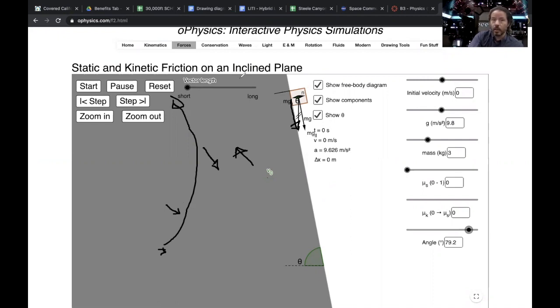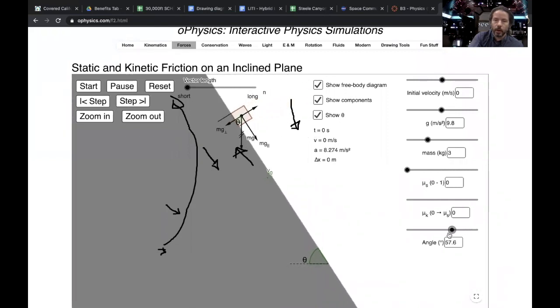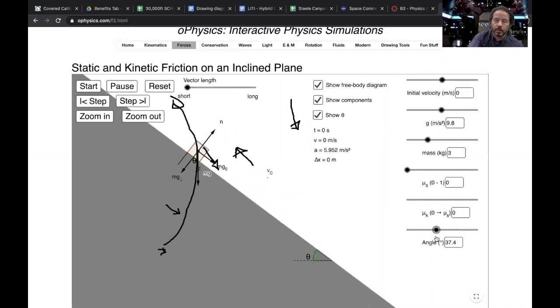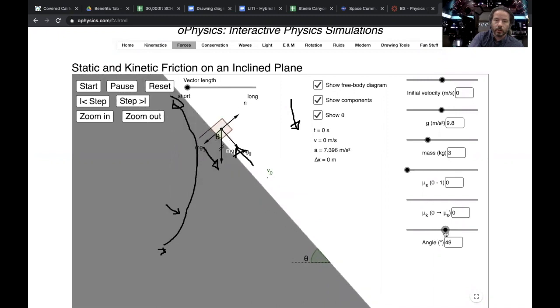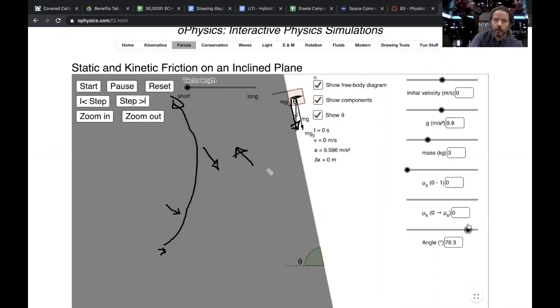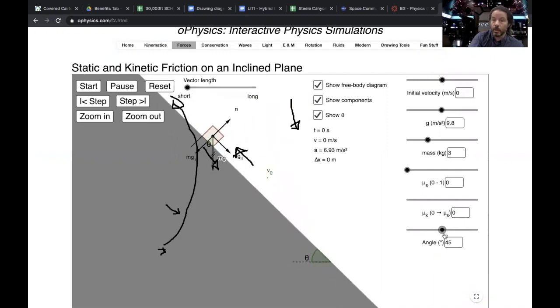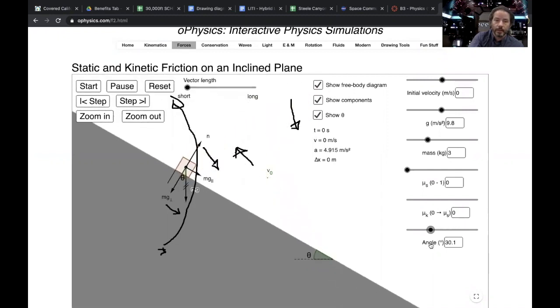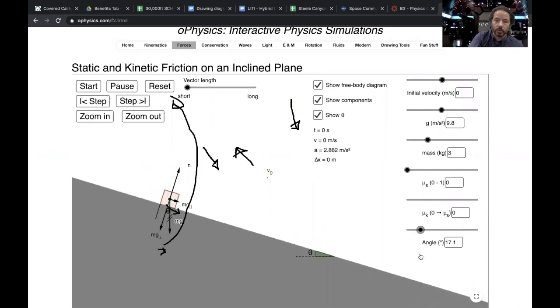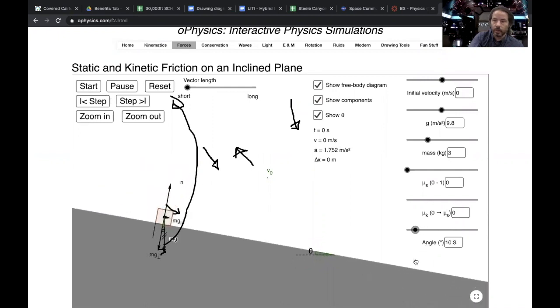But as I lower the ramp, the amount of gravity that I have to push against gets smaller. So as I lower the ramp, in other words, make it shallower, the less and less I have to push against the weight of the object. Okay. Now,